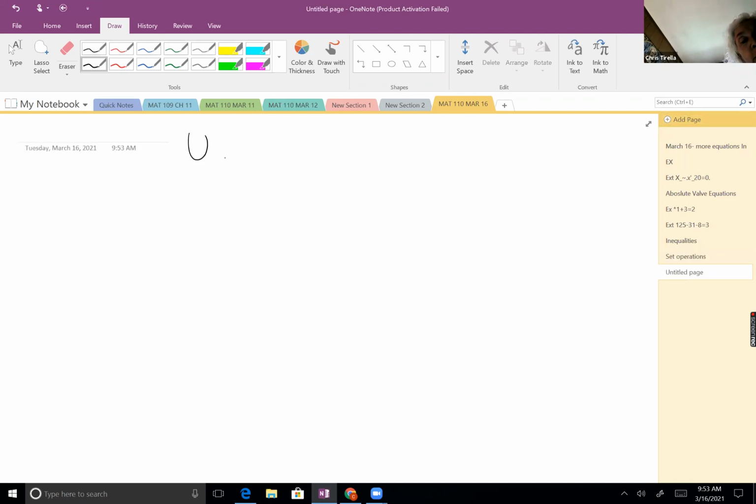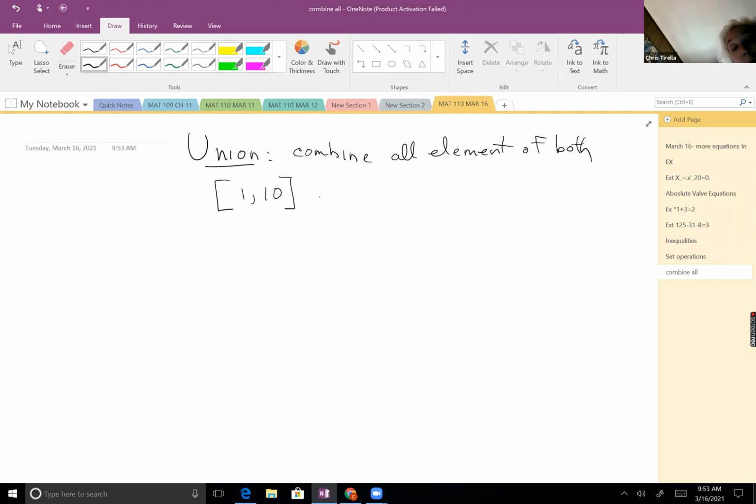Instead, if we look at the union, when we take the union, we don't want the overlap, but we combine all the elements of both. And so if I were to instead have [1, 10] union (-3, 5), with the union,